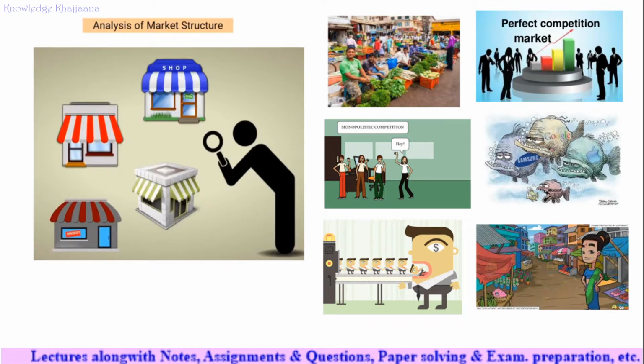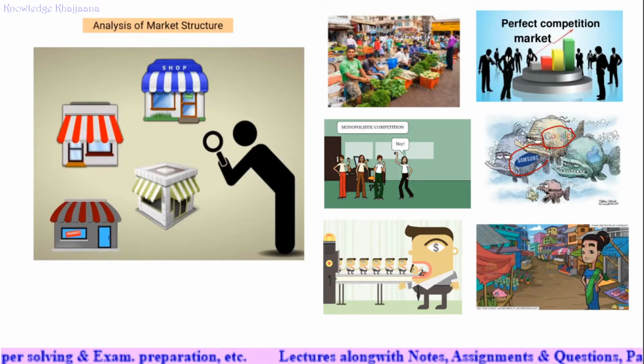See why it is called monopoly. For many of the things we use, we depend only on Google. Till date there is no big competitor for Google, so it is a monopoly. Many people go for the Samsung company only. Why? These features show that they are eating the entire market, eating all the small competitors. The market is full of these monopolists only. A single big entrepreneur is eating all the small entrepreneurs, so this is a monopoly. So these are the different markets, and it analyzes the market structure.